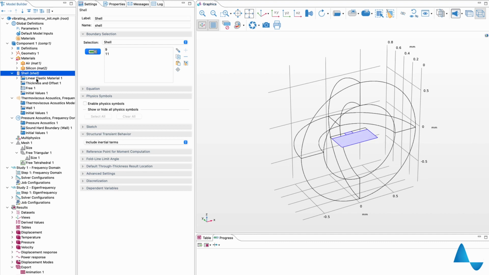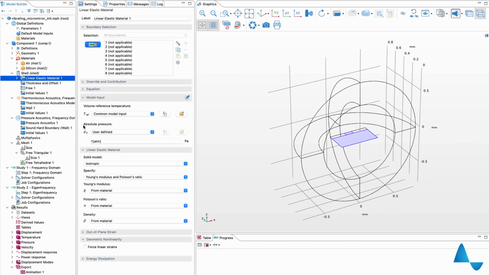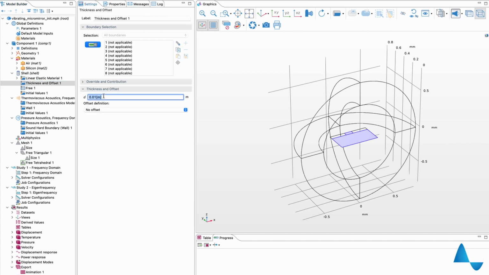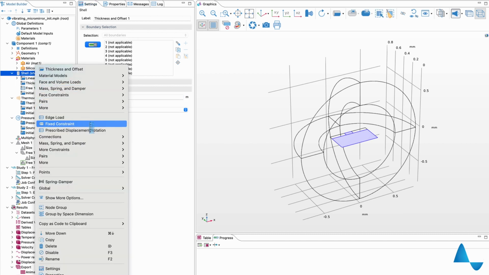Okay, from the linear material model we can go with the default settings, and for the thickness we can add edge_mirror. So this is the thickness of our shell here, and we need to add some boundary conditions in order to truncate the rigid body motion. So we need to add the fixed constraint node